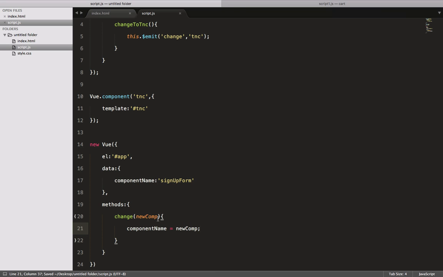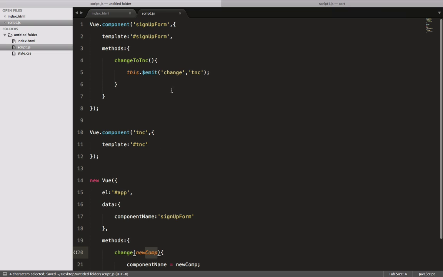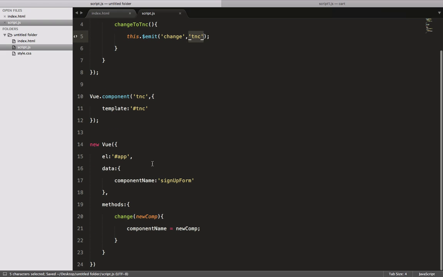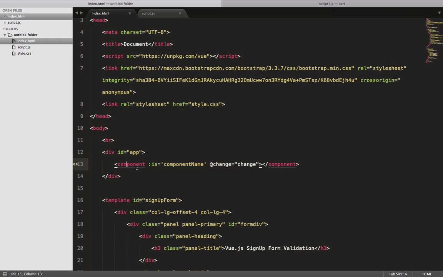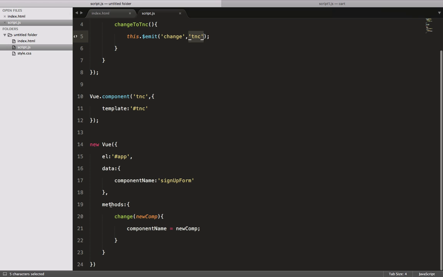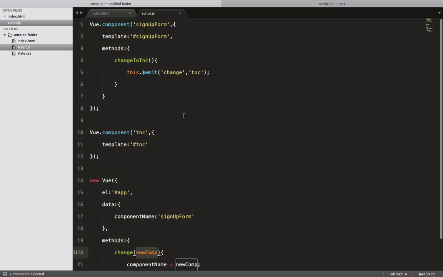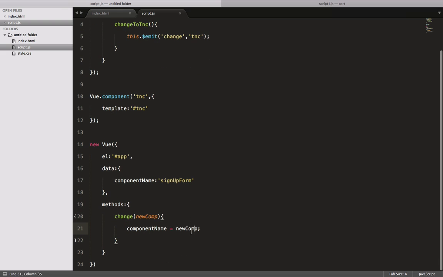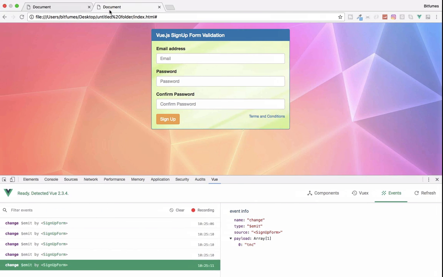And where this new component value came from, remember we have emitted out change event with some value. So we have given this TNC value. Now whenever this change event is emitted, that will be caught by this component, and that will go to this change method. That method is here in the methods for the root, and we are getting the value which is TNC, and we are now passing that to component. So save this file, go back, refresh,